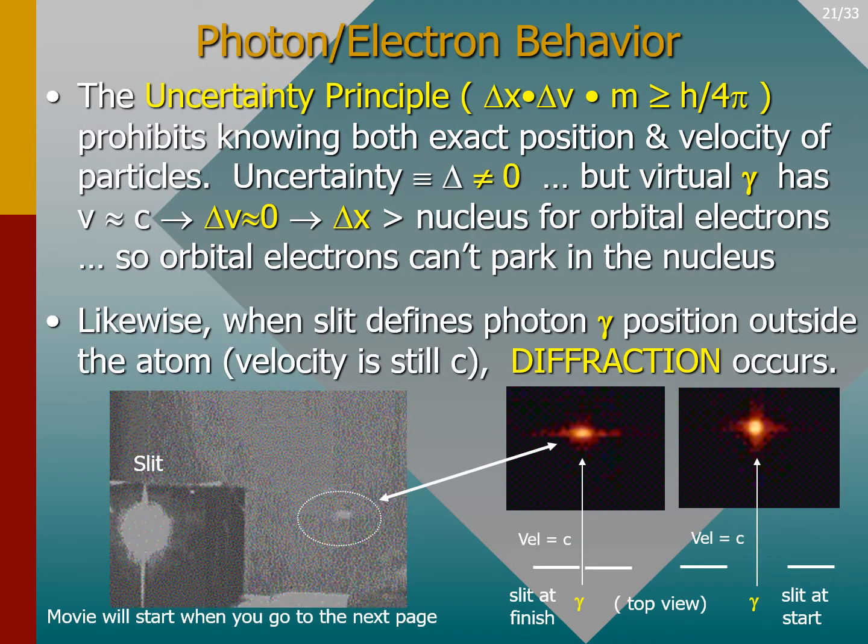The uncertainty principle sounds like more quantum mechanic magic, but we can see it in action with our own eyes. If a closing slit is placed between a laser pointer and a wall, the red image of the spot on the wall will get smaller and dimmer until something strange happens. Here's a hint. We know the velocity of the light, and the slit is trying to define the position of